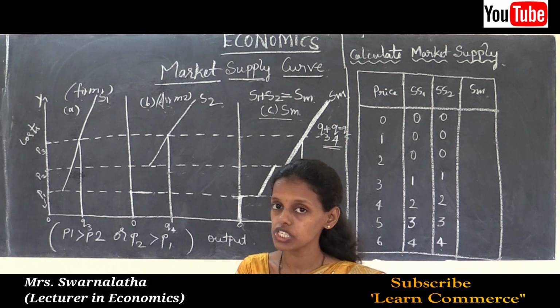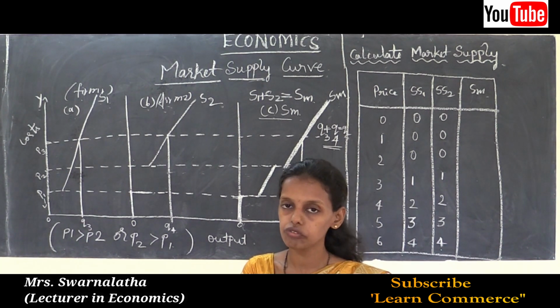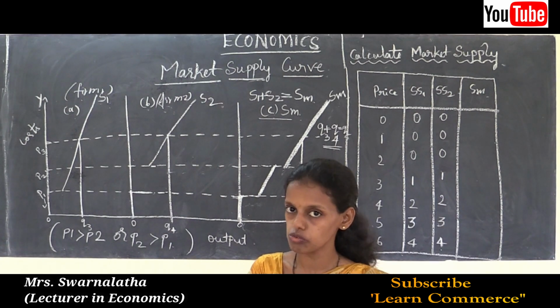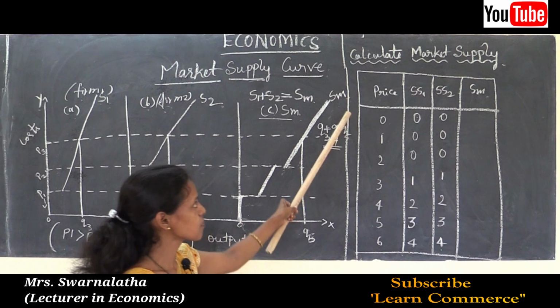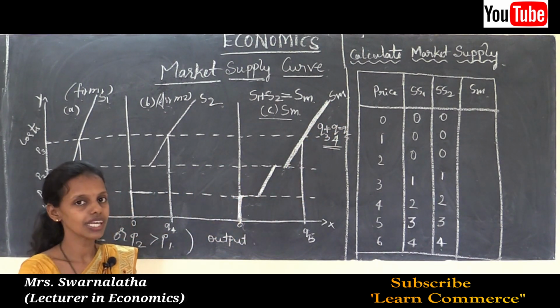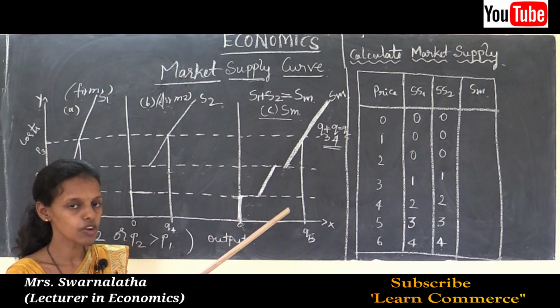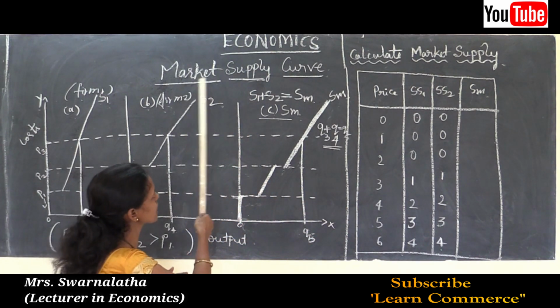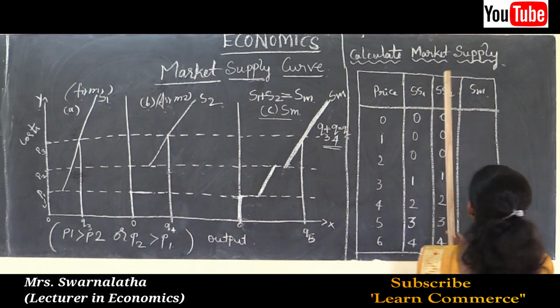If there is any deviation, suppose the number of firms increases due to free entry and free exit, as features of perfect competition, that leads to a change in the supply curve or a change in the market supply. This we can easily understand through calculations. By easy calculations, it is easy to understand how to derive the market supply. Let us turn to the calculation.